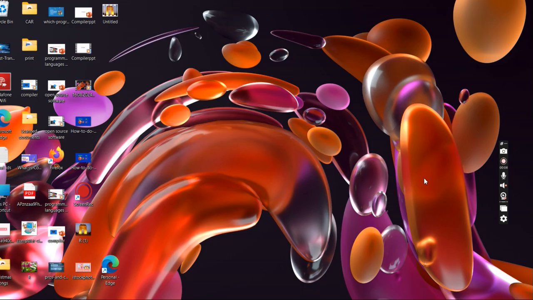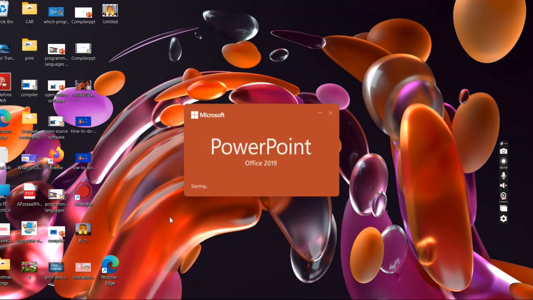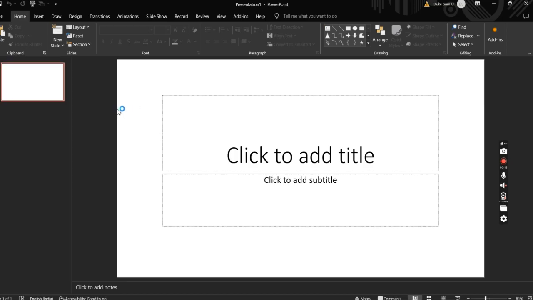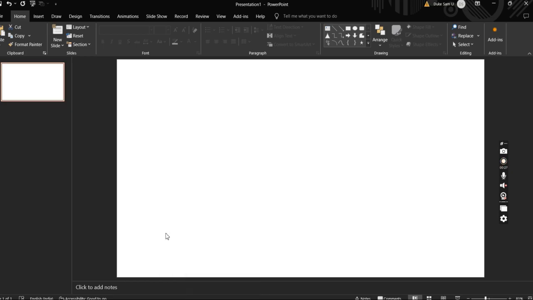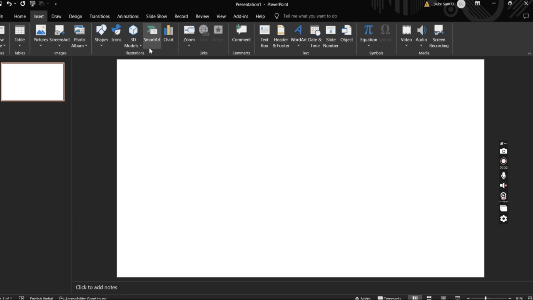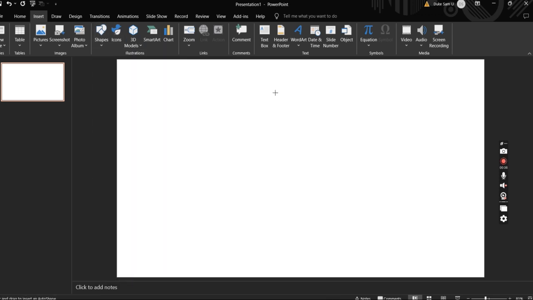In this video, we are going to see how to use the group option in Microsoft PPT to create an amazing presentation. Now we can open a PPT file and there we can choose a blank presentation and we can change the slide layout like this as blank, and now we can insert a favorite shape. I'm choosing a rounded rectangle,